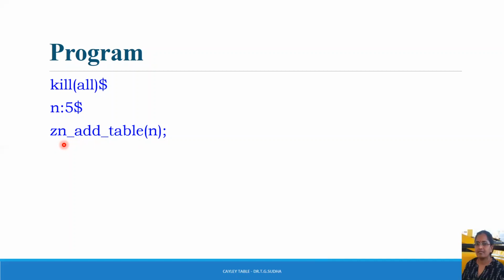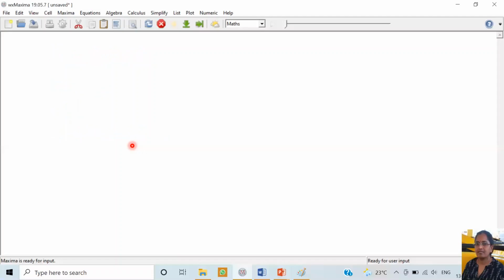This command, zn_add_table(n), shows an addition table of elements in set n. It considers all the elements of set n and constructs a table which is similar to the Cayley table. Let us move on to the Maxima window.